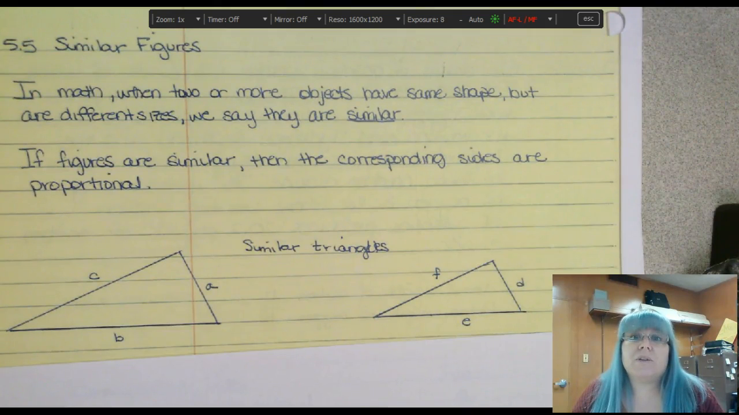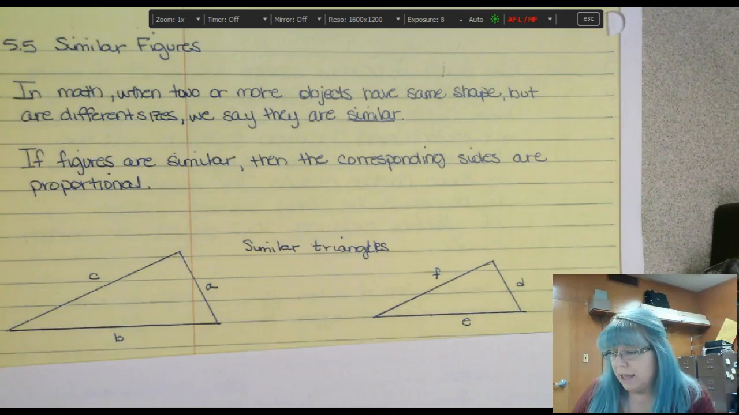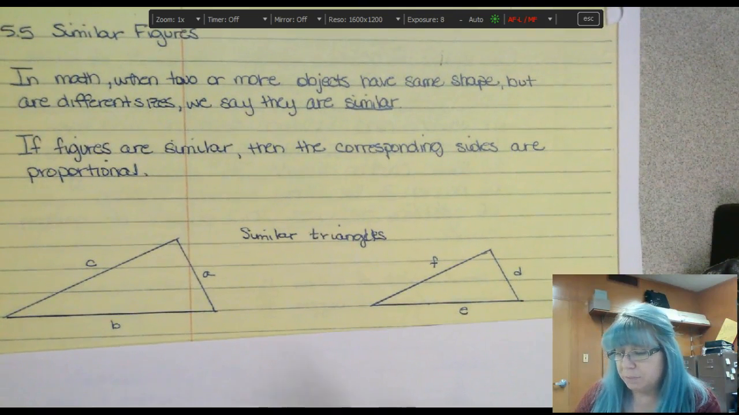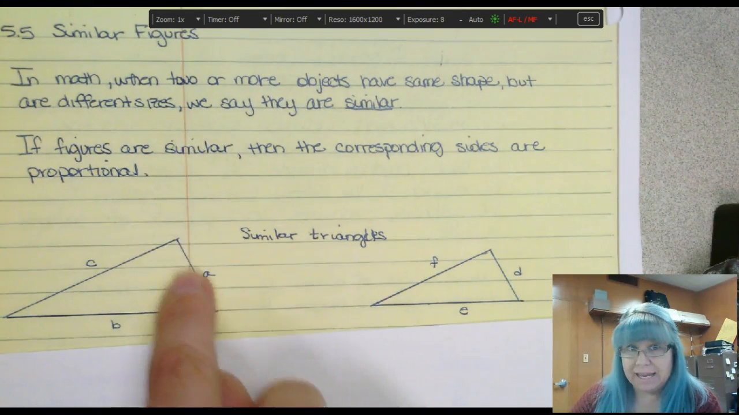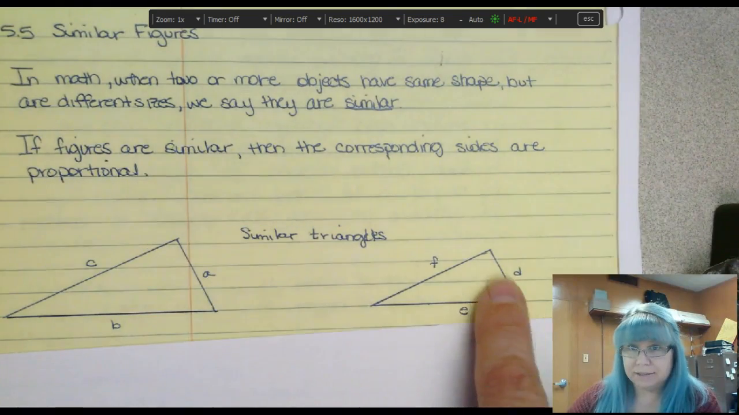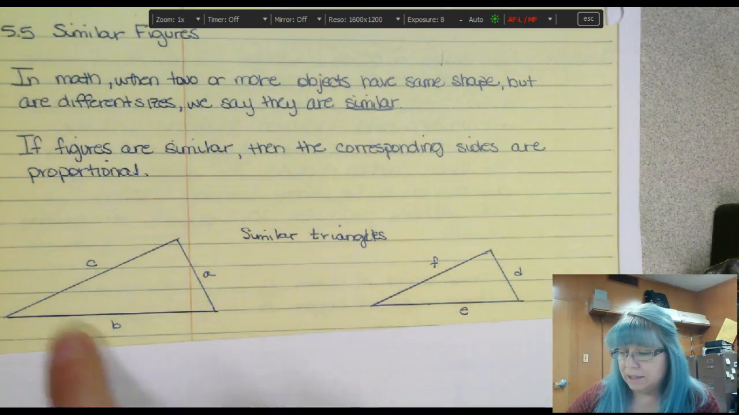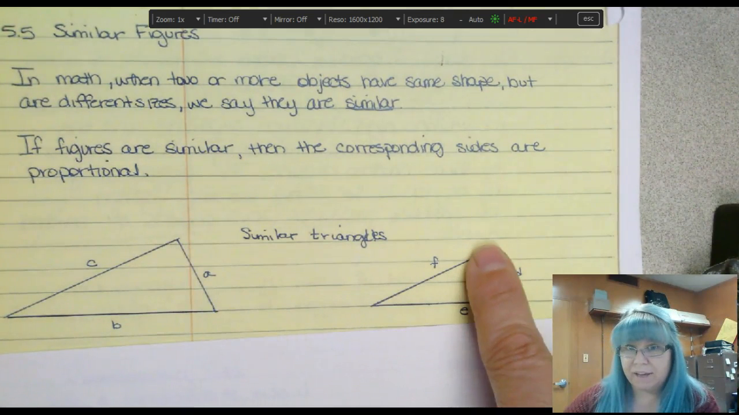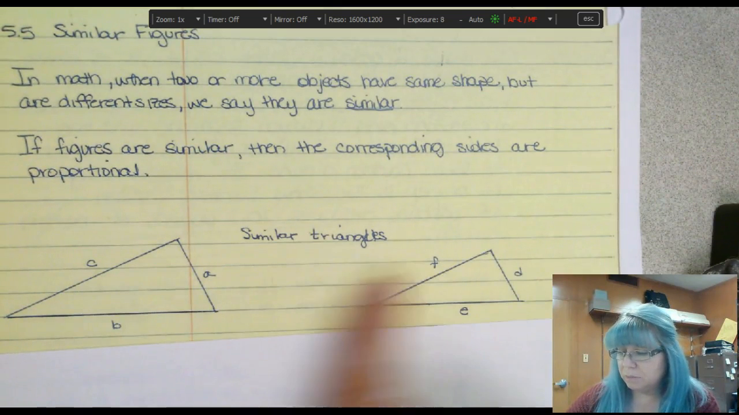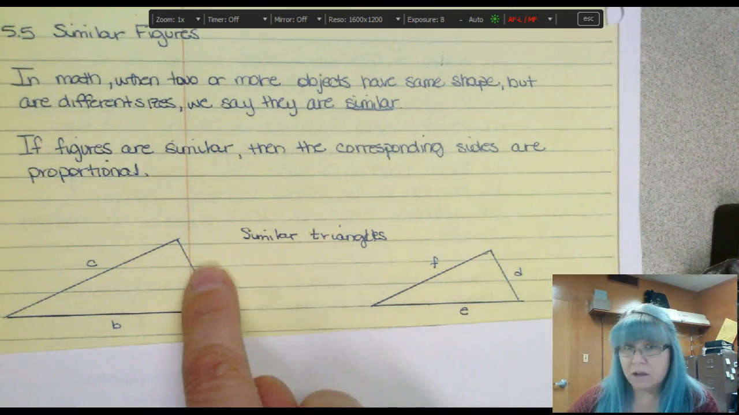When we talk about the corresponding sides being proportional, that means there is a relationship from the side of A with D, B with E, C with F. They are proportional. And if the proportion between all three sides are the same,